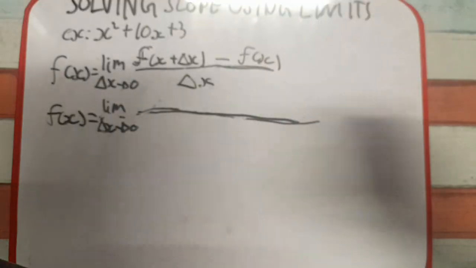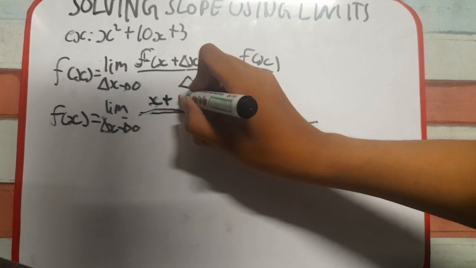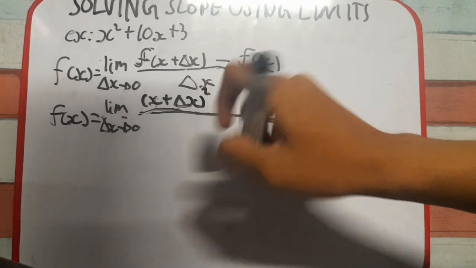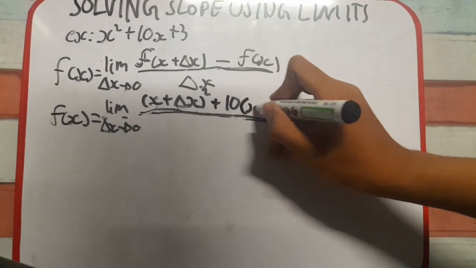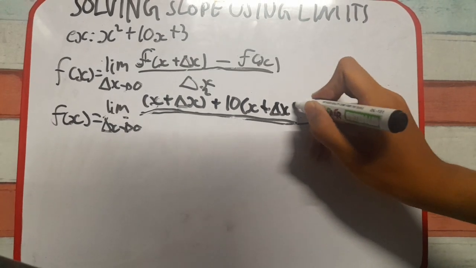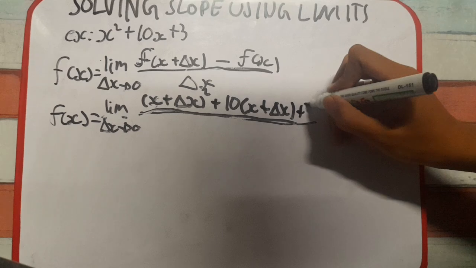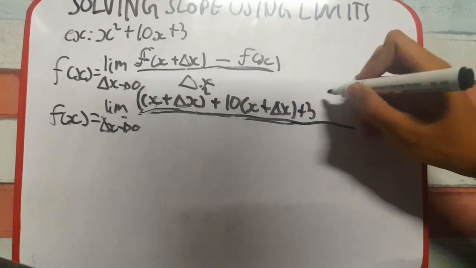Again, it's gonna be x plus delta x quantity squared because of x squared, plus 10 times x plus delta x because of 10x, and then plus 3. There, we're going to quantify all this